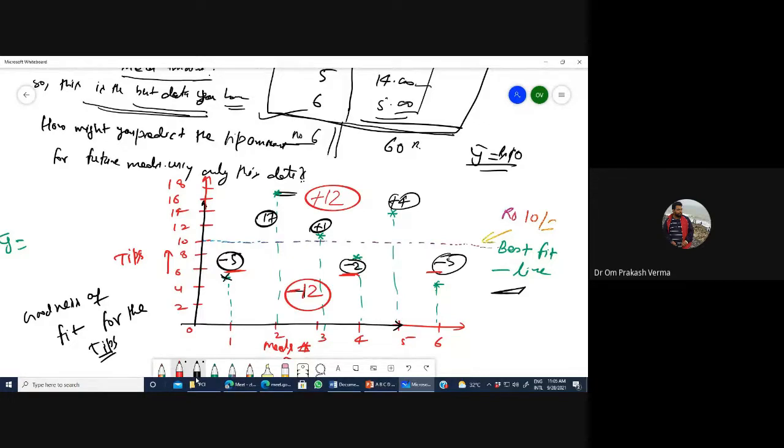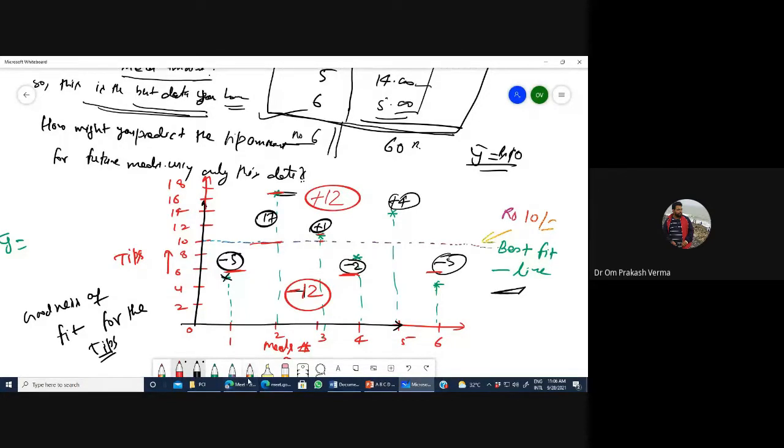Yes, sir. So this value, the difference between the fitted line and the data value, is generally called, can anyone tell what it is called?